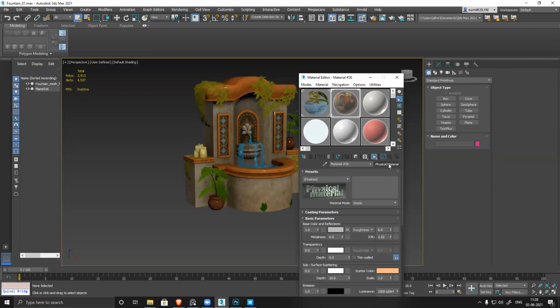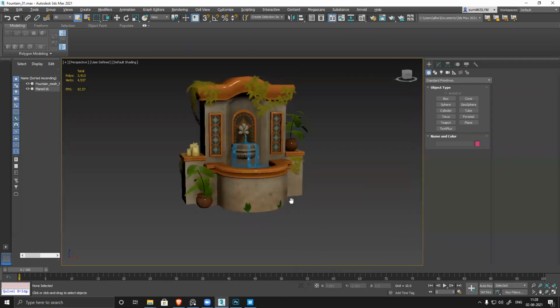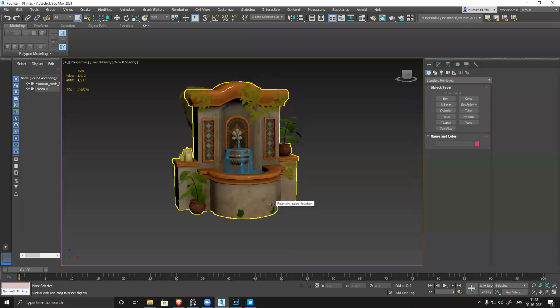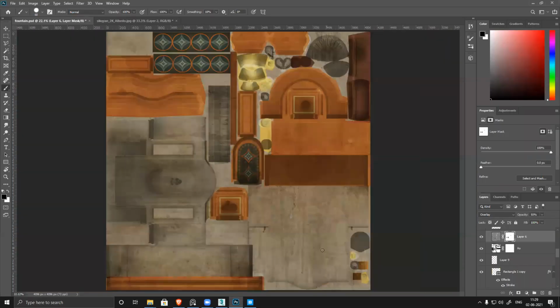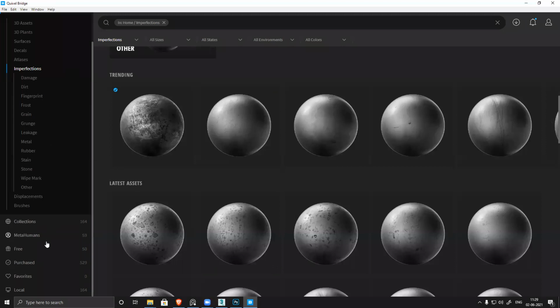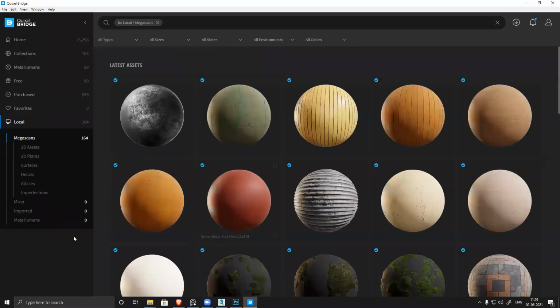I just had a doubt regarding the cracks. We used a diffuse texture for it, but we don't have normals for it. We'll create it. We're not going to use an existing texture map. I used this base from Megascan, so I already have a normal for that. If I want, I can definitely use that. But you should know how to create it manually also, so I'll explain that also.